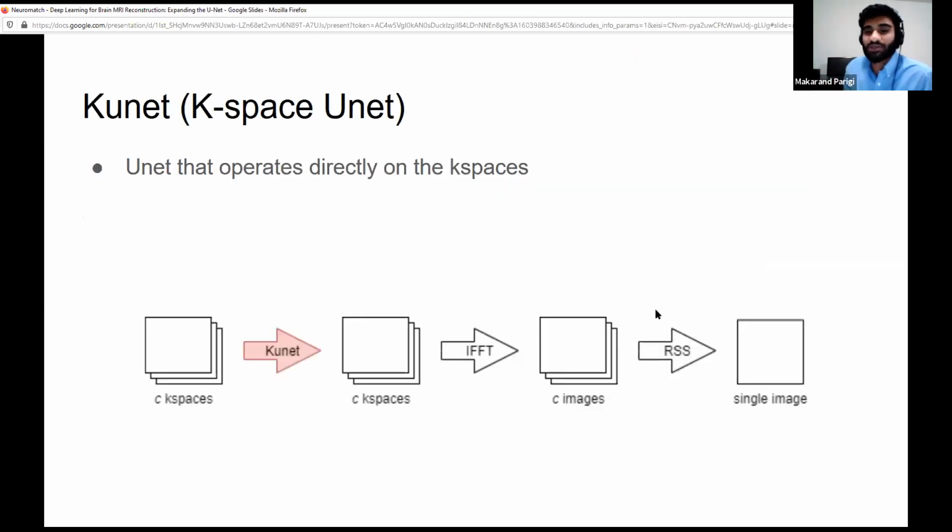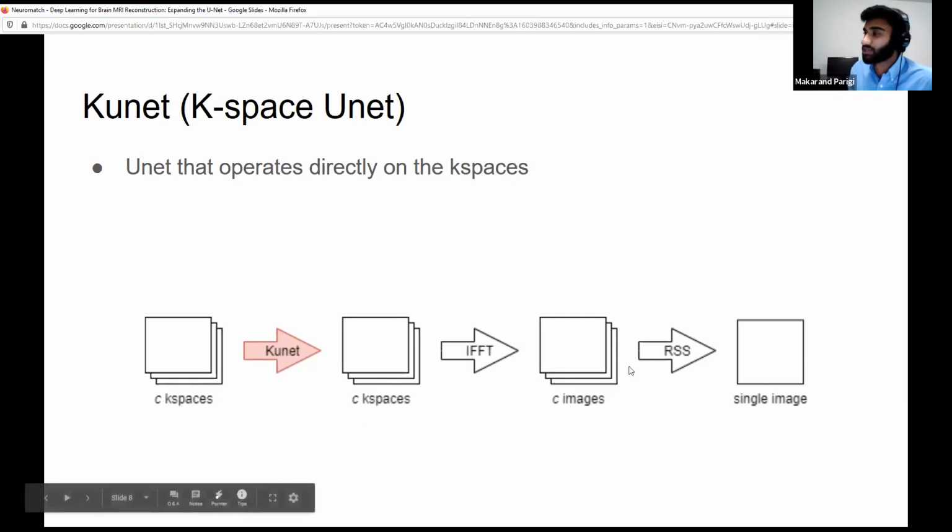So we experimented with applying the UNet at different parts of the image reconstruction pipeline. Our K-UNet, or K-space UNet, operates directly on the K-space data. Now, the UNet was originally intended for imaging data, so we wanted to see if it would work for K-space, which is a very abstract domain. So the K-spaces come in, are fed to the model, and we get K-spaces out, ideally with those gaps filled in, which are then turned into images and